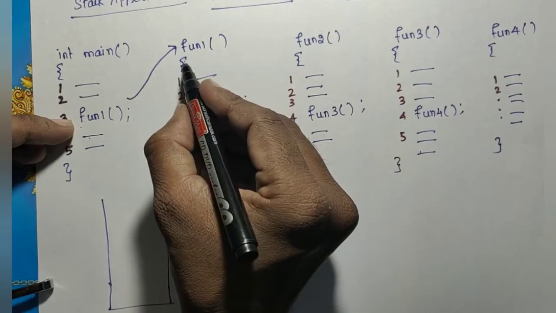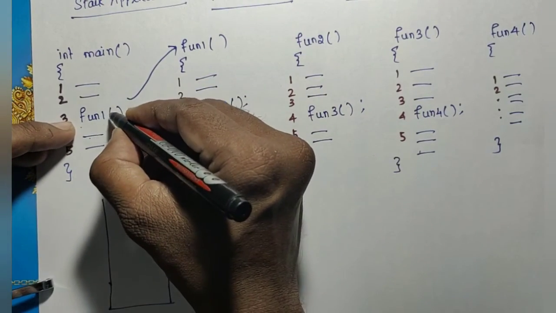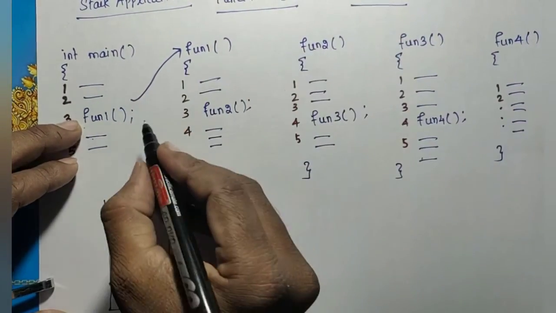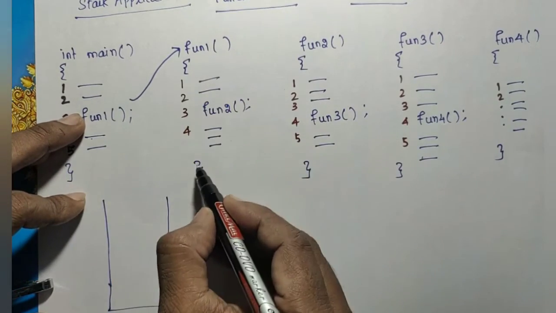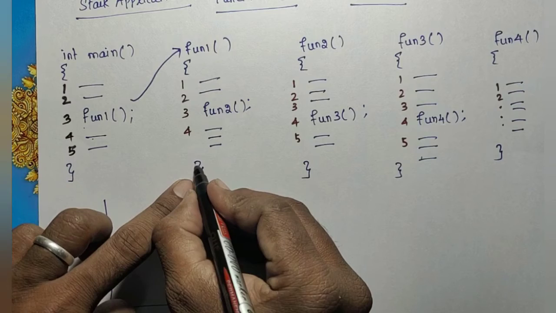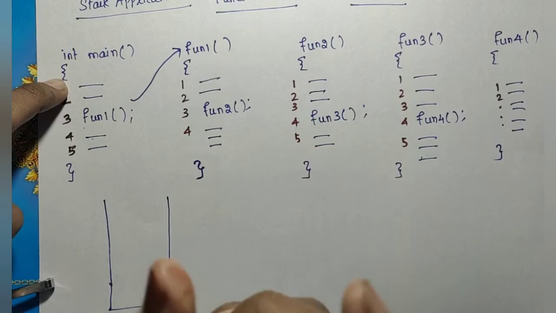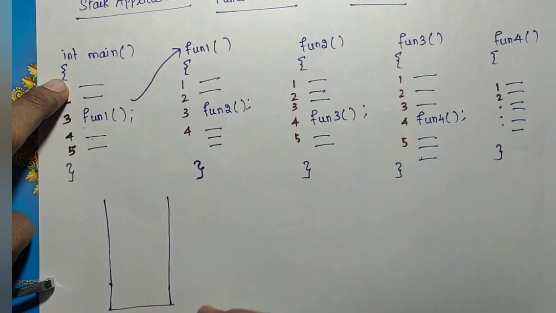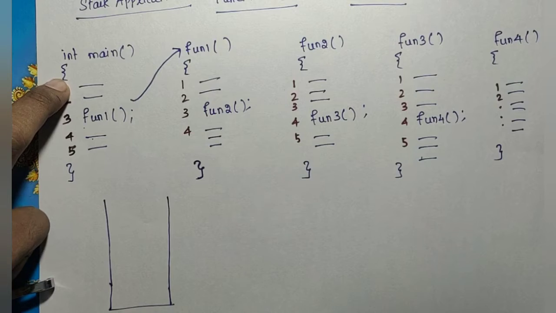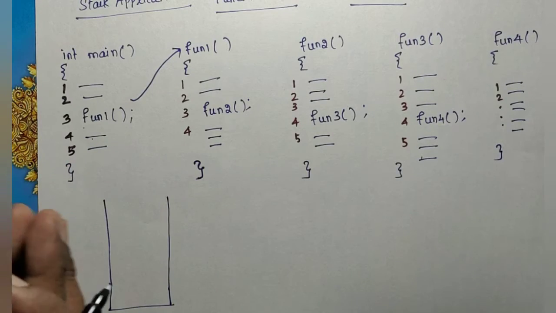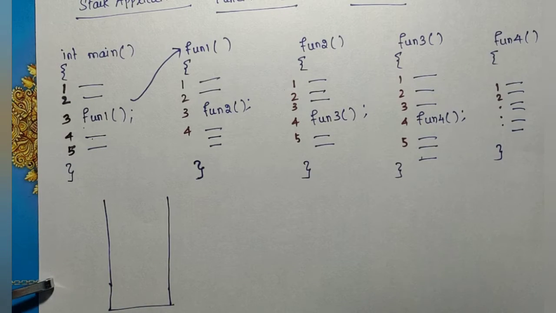While switching the control from the main to the function, the control entirely goes to that function. So what it will do is, after completing function 1, where does it have to return? That identification mark will be pushed into the stack. Whenever a function call is reached in your program, the system will push that information into the stack. That is, after the execution of the function call is over, where it needs to return will be pushed into the stack.